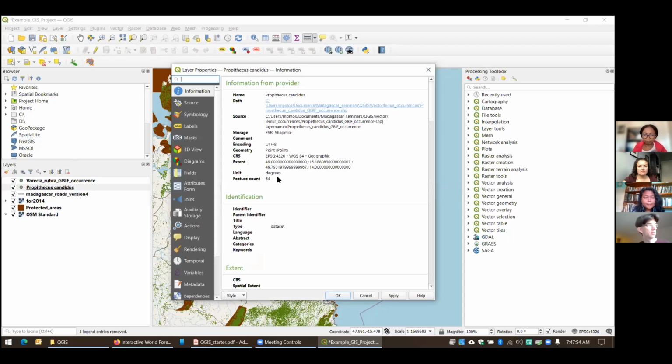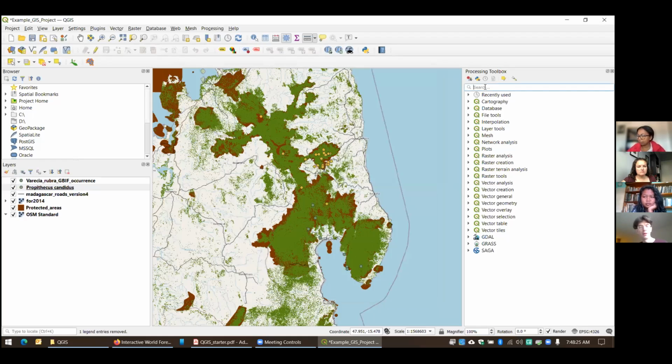Now I want to change this into a different projection that will give me meters instead of degrees. So technically I'm projecting this data into what's called a planar system. I know this is a lot of new terminology, but the key here is that these geographic systems are in degrees, and UTM and other types of projections will give you meters, which are more helpful for area and distance calculations. So the first thing I'm going to do, we're finally going to be able to use one of our tools in our toolbox. And this search up here in the toolbox is really helpful.